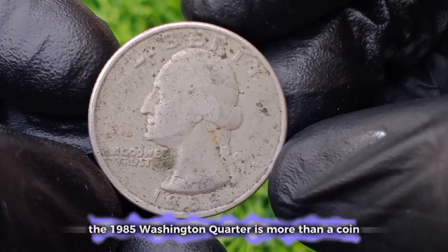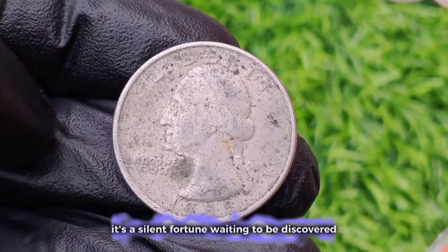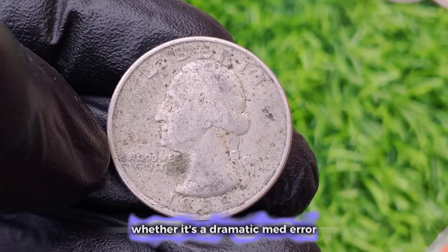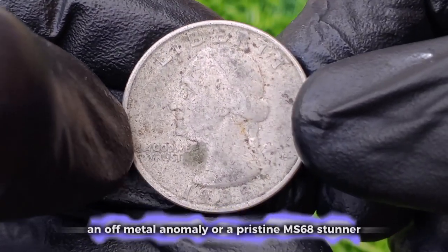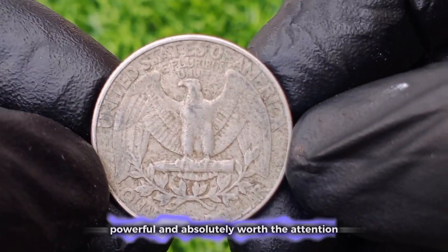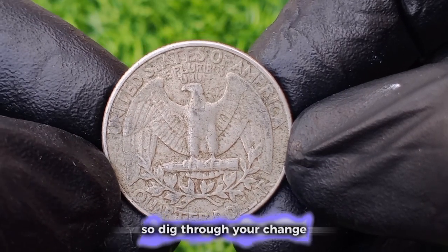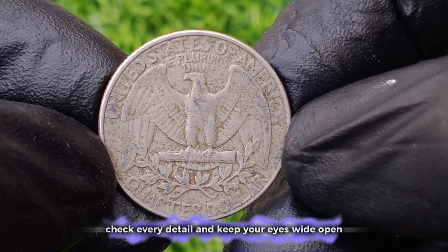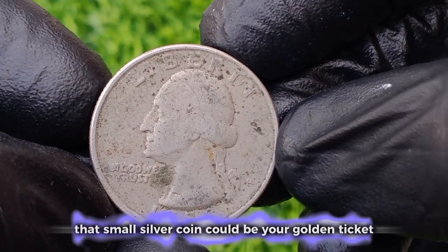The 1985 Washington quarter is more than a coin. It's a silent fortune waiting to be discovered. Whether it's a dramatic mint error, an off-metal anomaly, or a pristine MS-68 stunner, these coins are rare, powerful, and absolutely worth the attention. So, dig through your change, check every detail, and keep your eyes wide open. That small silver coin could be your golden ticket,